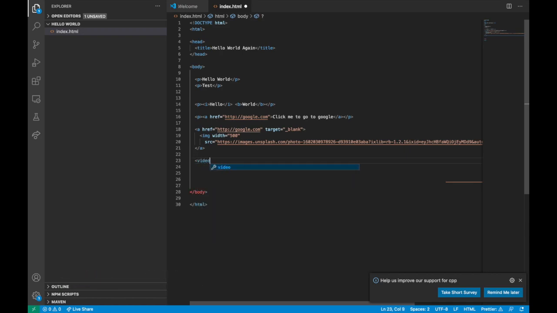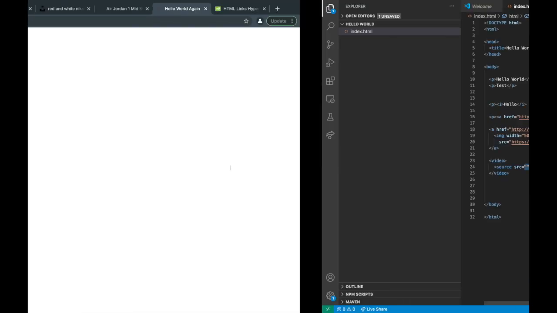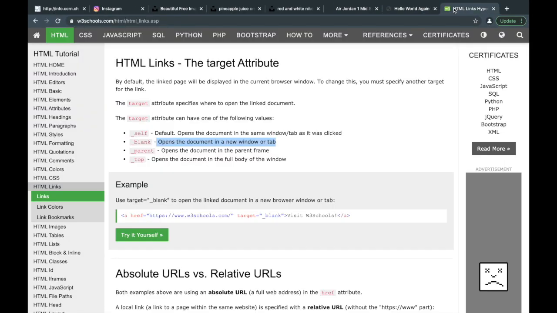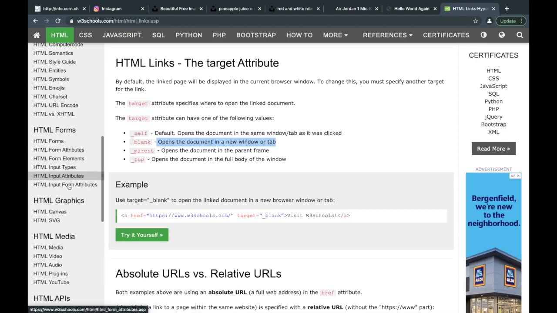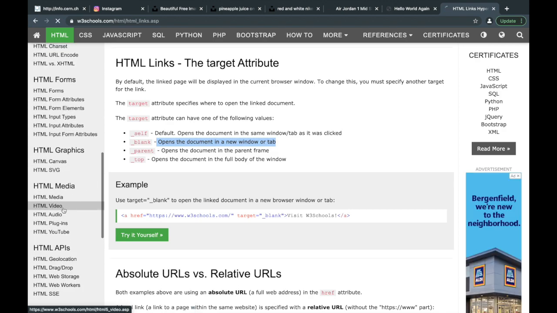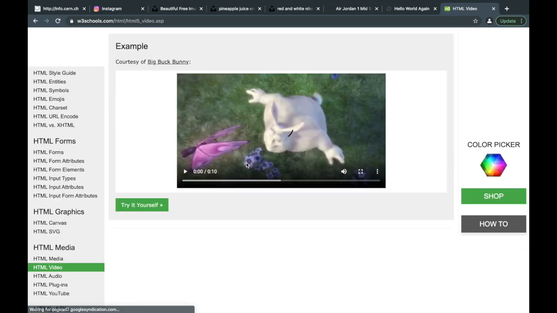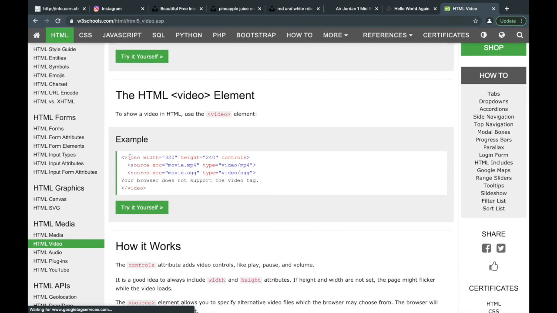What you need to do is specify a video tag like this, and inside of that video tag have a source tag. You must have a source tag, and put the source attribute, and in here you would put the actual link to the video. The only reason why I know that is I went to HTML media, somewhere down here, HTML video. And as you can see, it has a video tag and inside it has a source tag with the actual